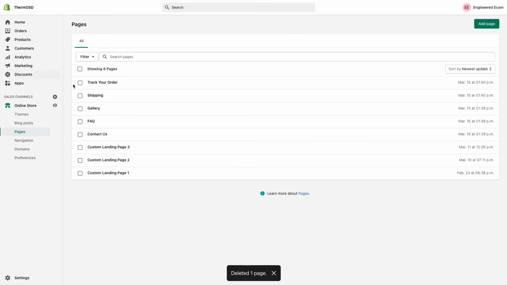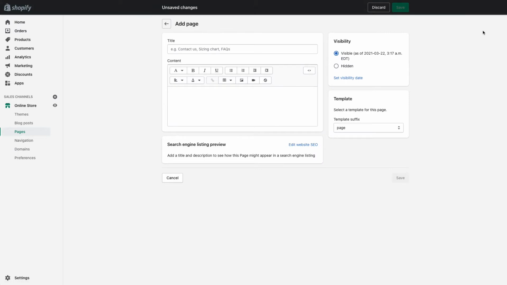Once you get your Power theme out of the box, you're obviously not going to have any pages here within your Pages tab. Unless you added them before and you're adding the Power theme to an existing store, then you will have some pages here with other templates related to your other store. But let's just say that we're starting from scratch here and we don't have any pages added. So the way that we add these standard pages to our store is come up to Add Page,